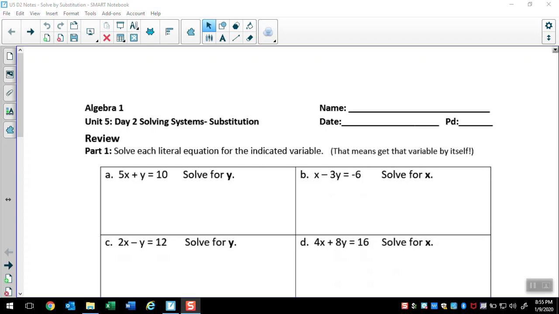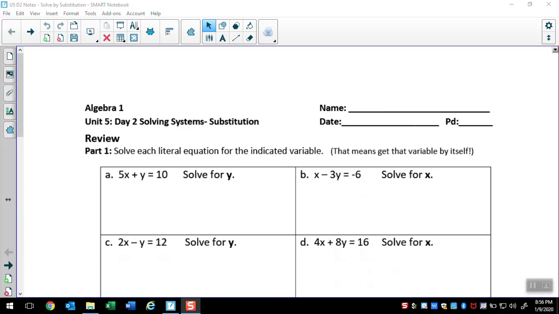Hi everyone, today we're going to talk about how to solve systems of equations using the method of substitution. If you remember from class last time, we solved systems of equations by using the method of graphing. That solution was found by looking to see where the two lines intersected. So we're looking for that intersection point. We're going to do the same thing here today, but this time we're going to do it algebraically instead